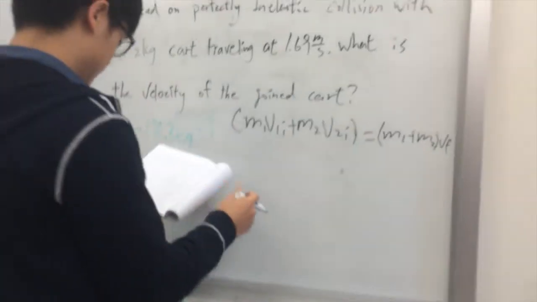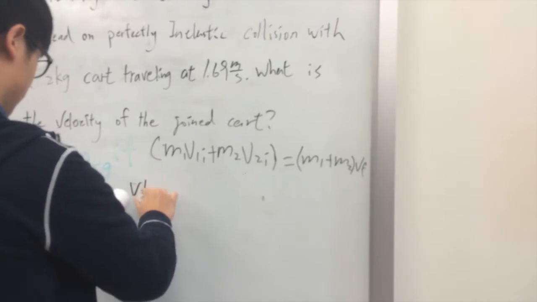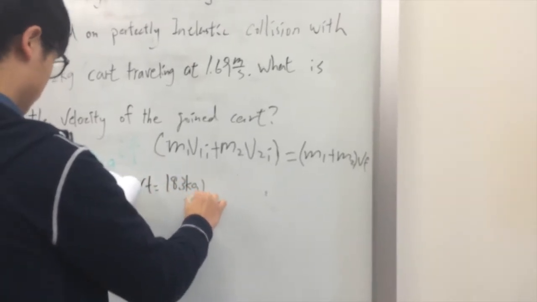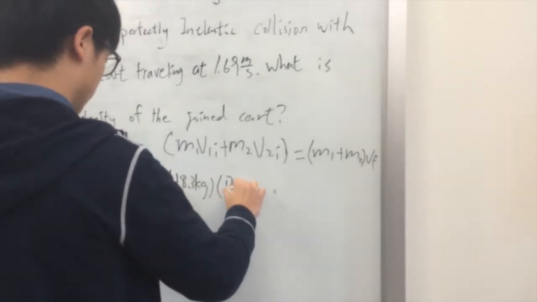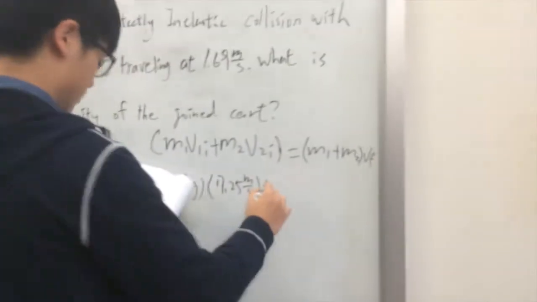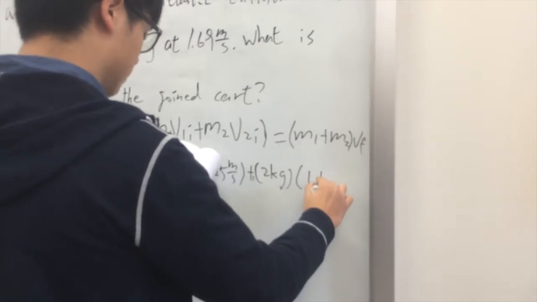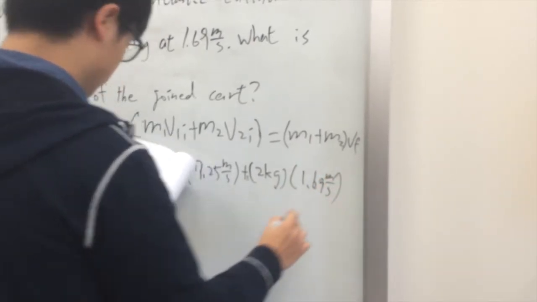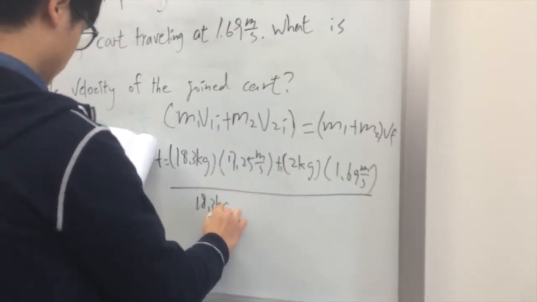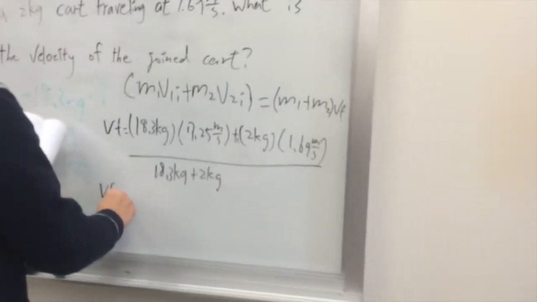So VF equals 18.3 kg times 7.25 meters per second plus 2 kg times 1.69 meters per second, divided by 18.3 kg plus 2 kg. It will be